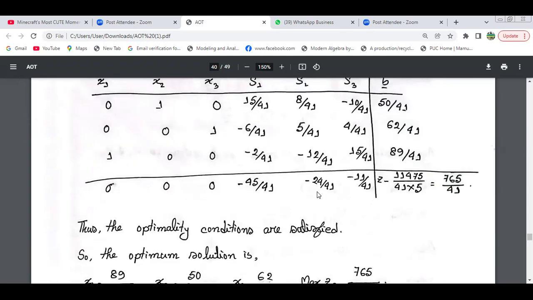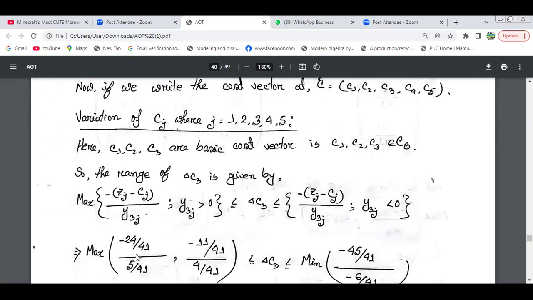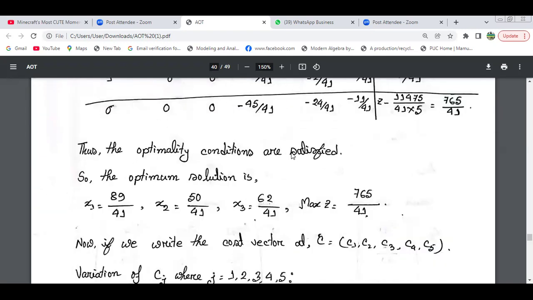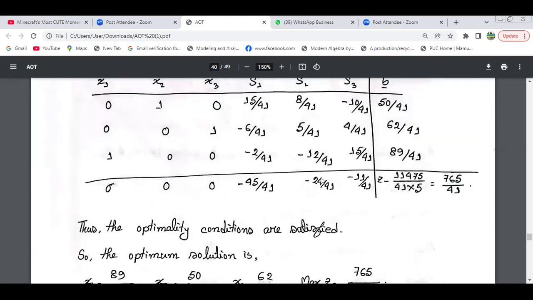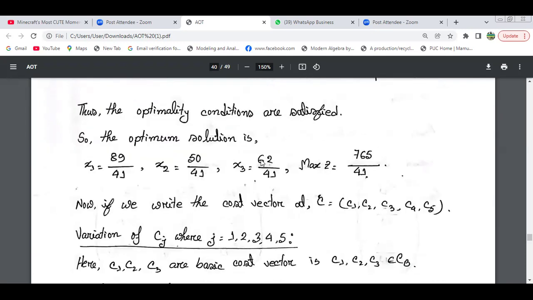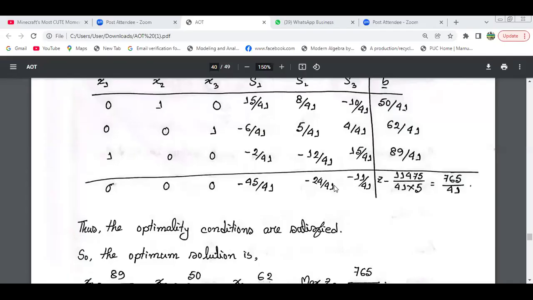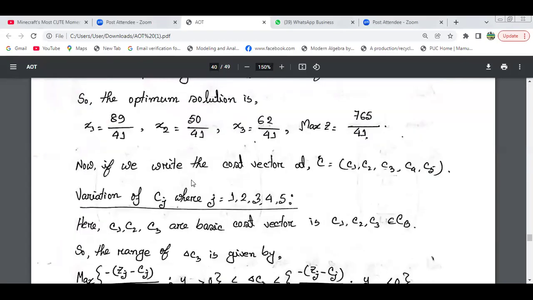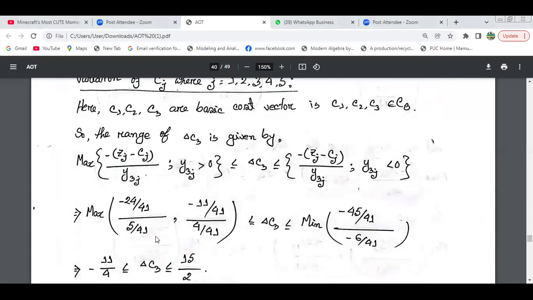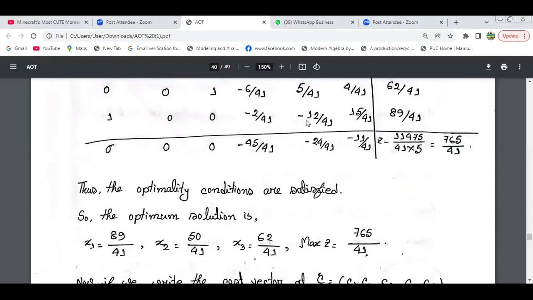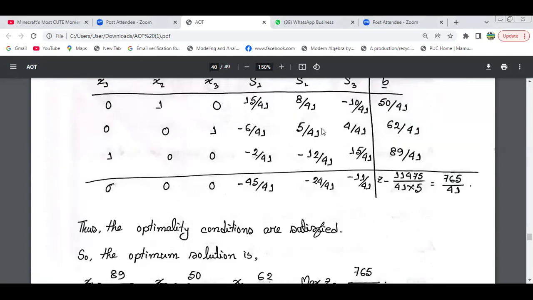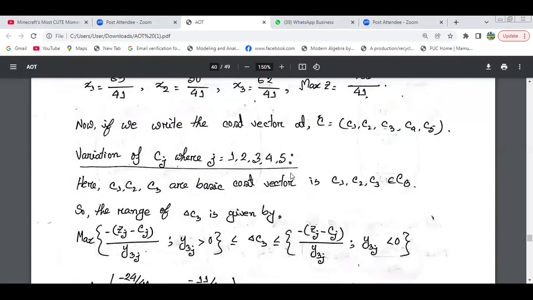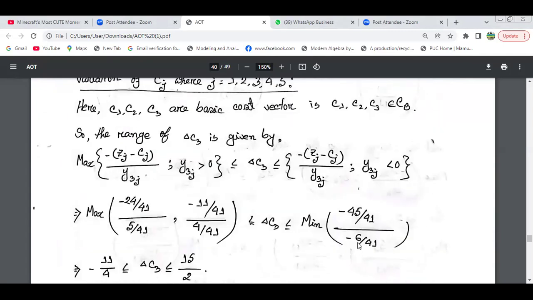প্রত্যেকটা এলিমেন্ট কি পজিটিভ এখানে? না স্যার, না। তাহলে এখানে আমরা পাচ্ছি -24/41, -24/41, এটা হচ্ছে থার্ড কস্ট ভেক্টরের এখানে -24/41, -11/41, this divided by 5/41, 4/41, this is the 5/41, 4/41। আর এটা নেগেটিভ বলে ওটা মিনিমাম পার্টে চলে গেছে। এই যে মিনিমাম -45 এ মিনিমাম পার্টে চলে গেছে।